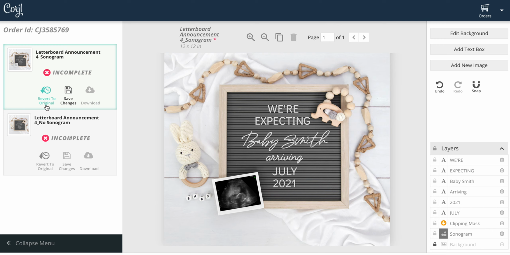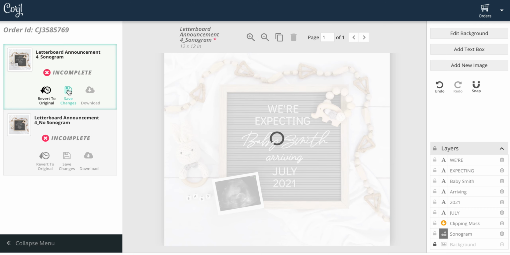That's only if you want to go back to exactly how it was when you opened it, because once you click that, it's going to erase all of your changes. Okay, but anyway, now it is all how I want it. So I'm going to hit Save Changes